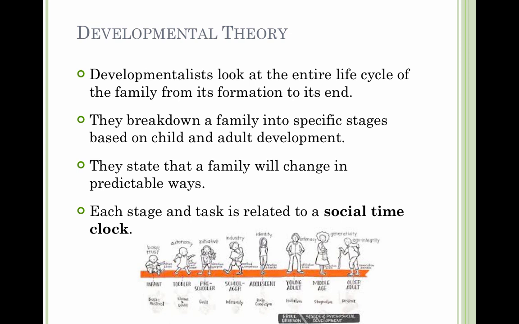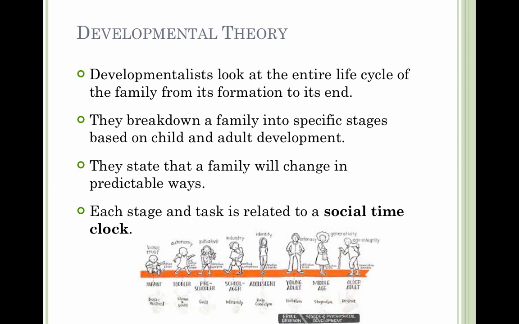So this is one of the flaws of this developmental theory, that the social time clock may not be consistent from generation to generation. Developmental theories have been described as providing an idealized model that real families don't really fit into. It relies on the concept of nuclear family, and current research is now responding to these changing forms. So this theory is trying to update itself a little bit.